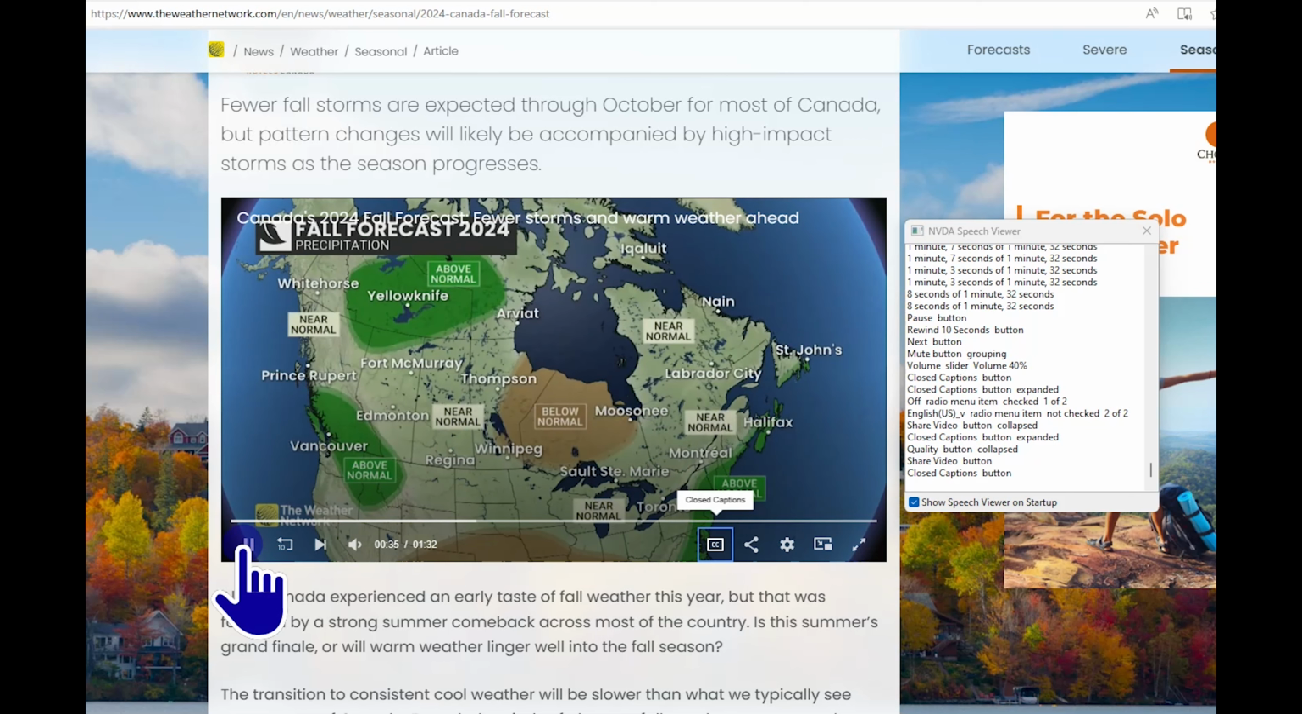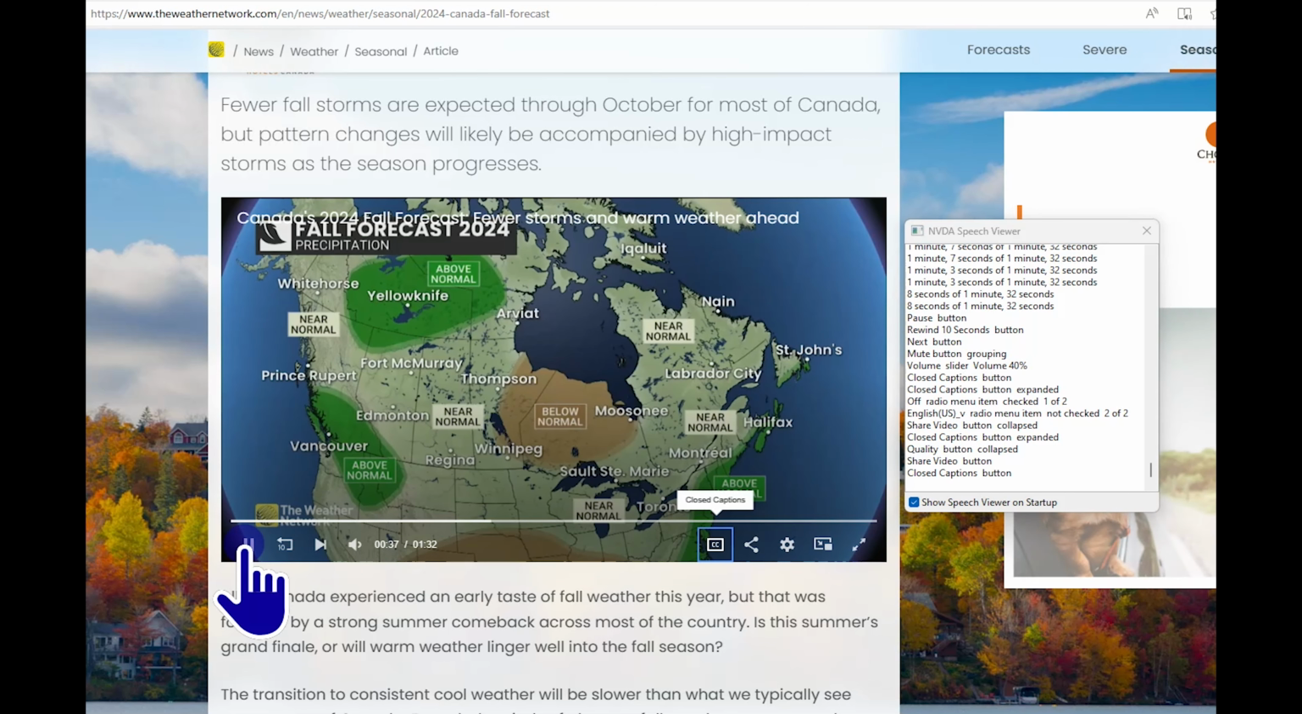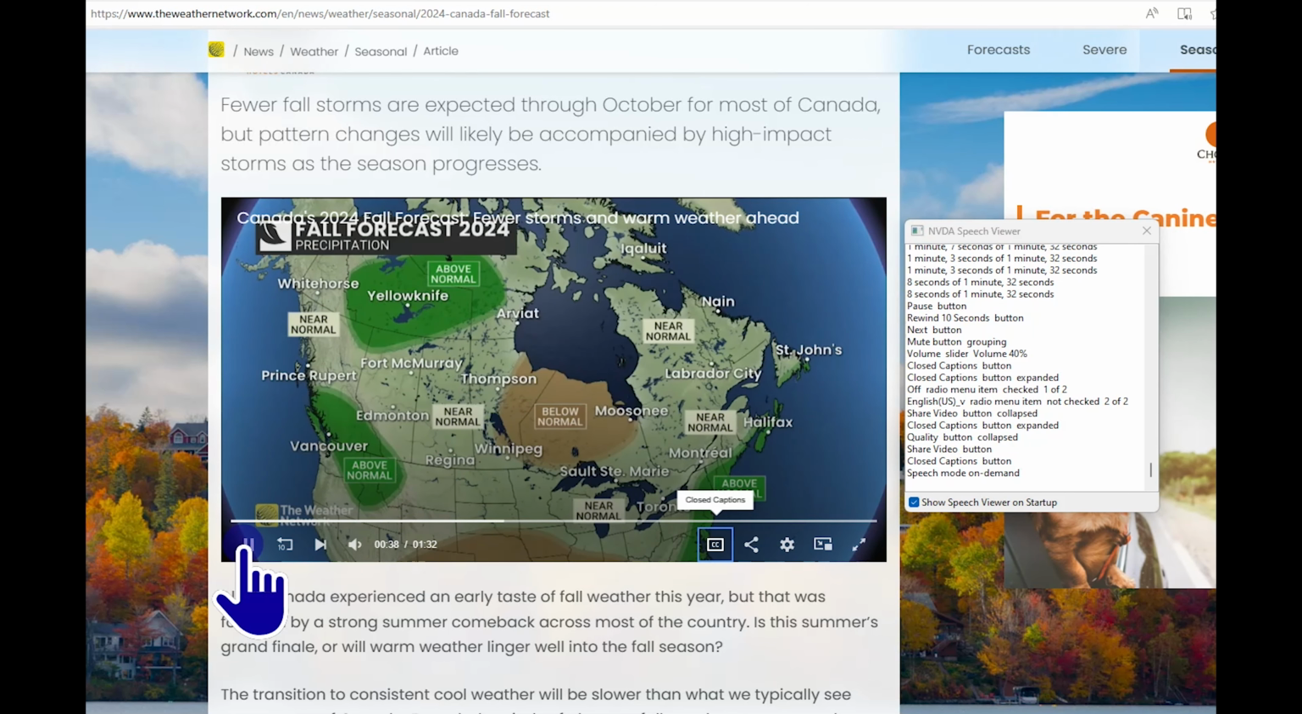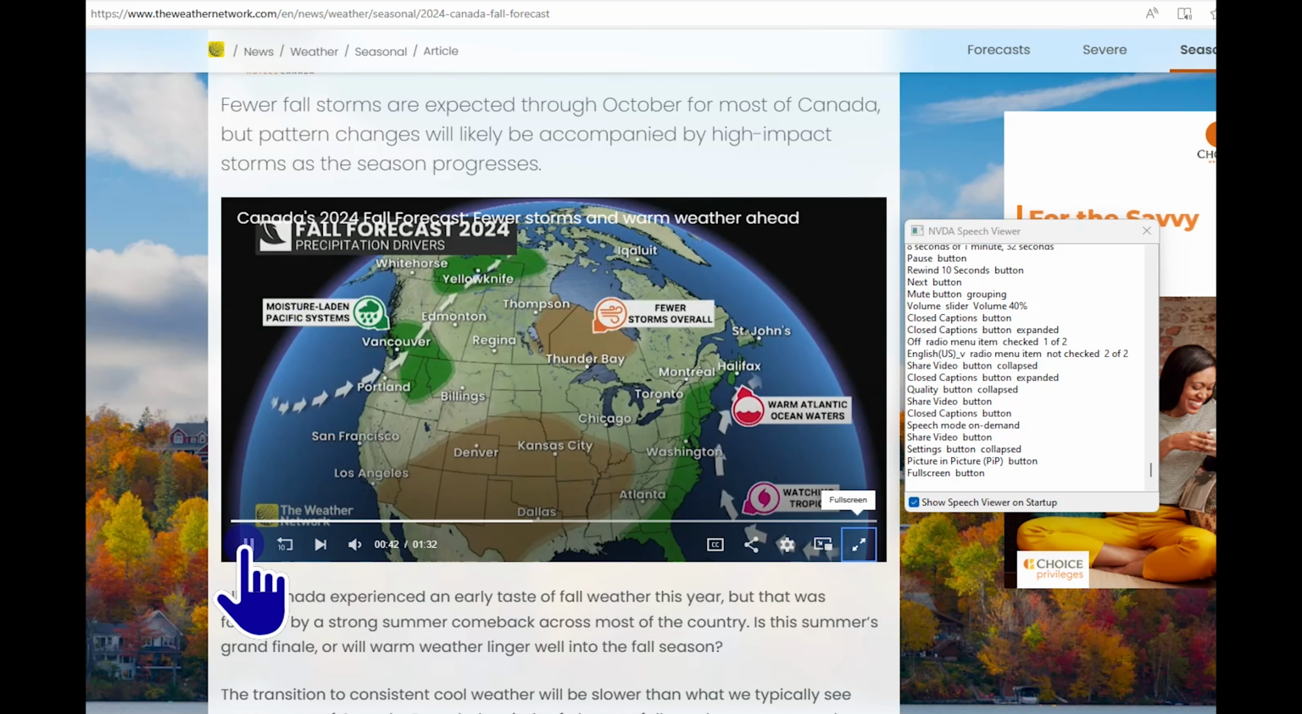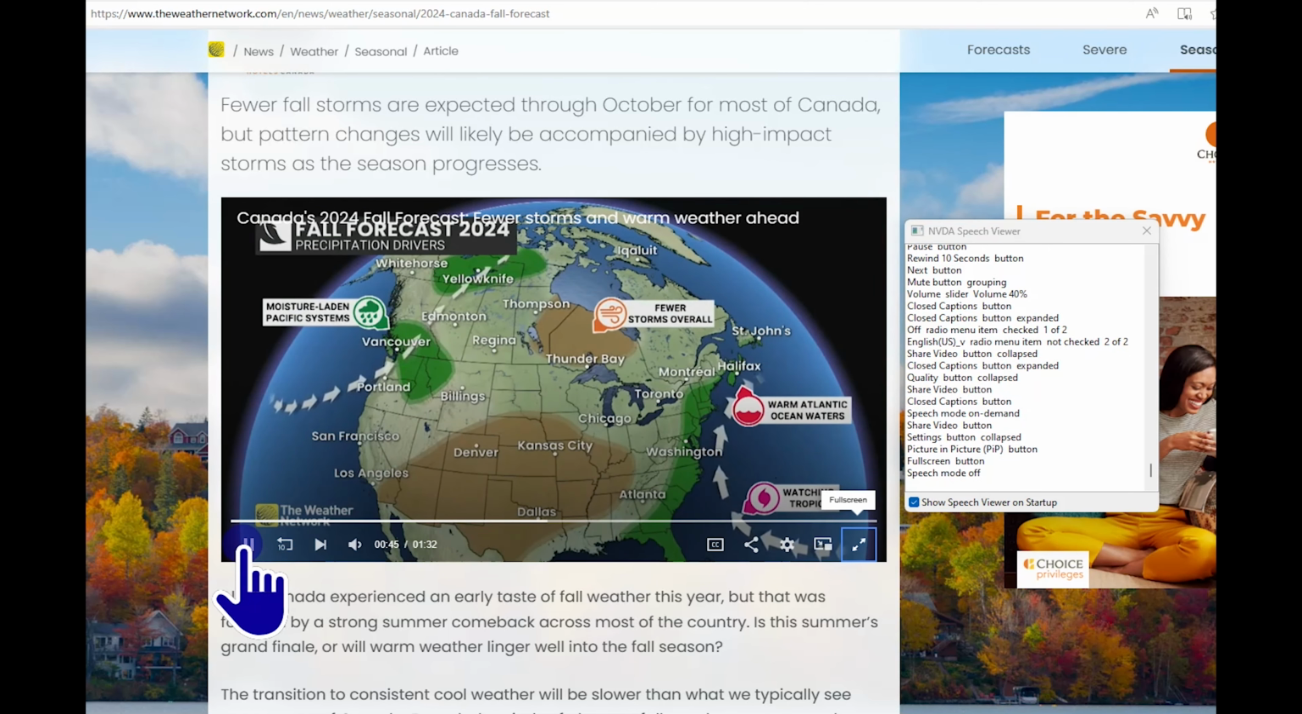overall fewer storms across the country, with the exception being the east and west coast, but even below normal possibly in northern Ontario. Now, moisture-laden systems are expected to hit the Pacific coast. It is your rainy season,